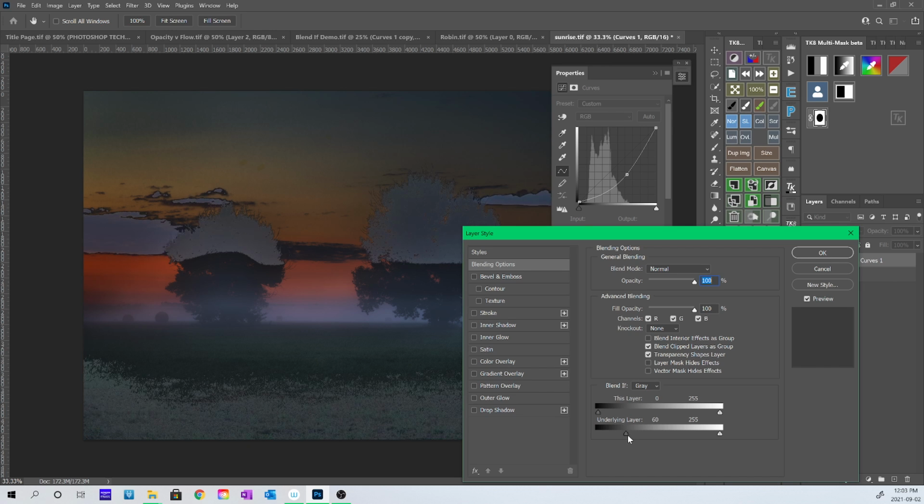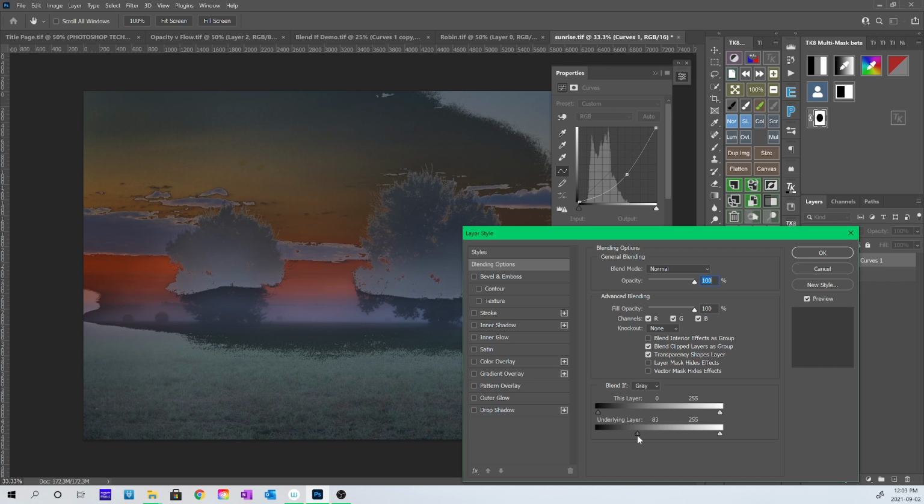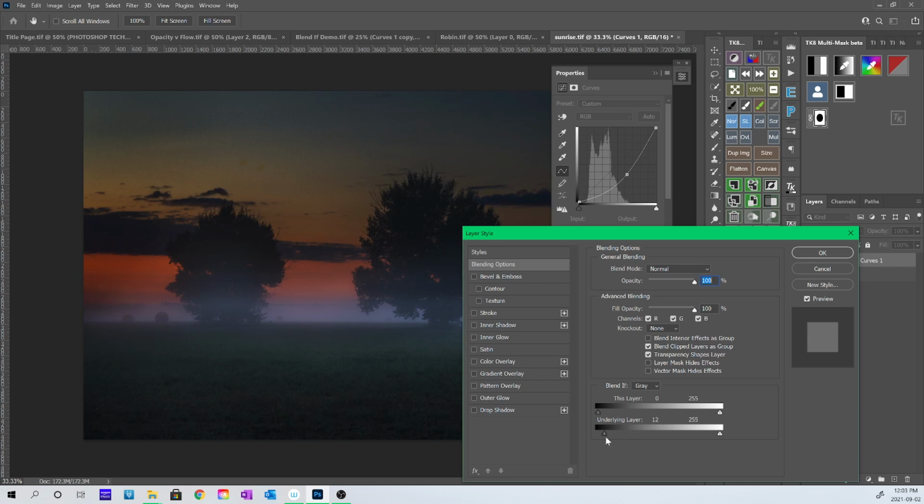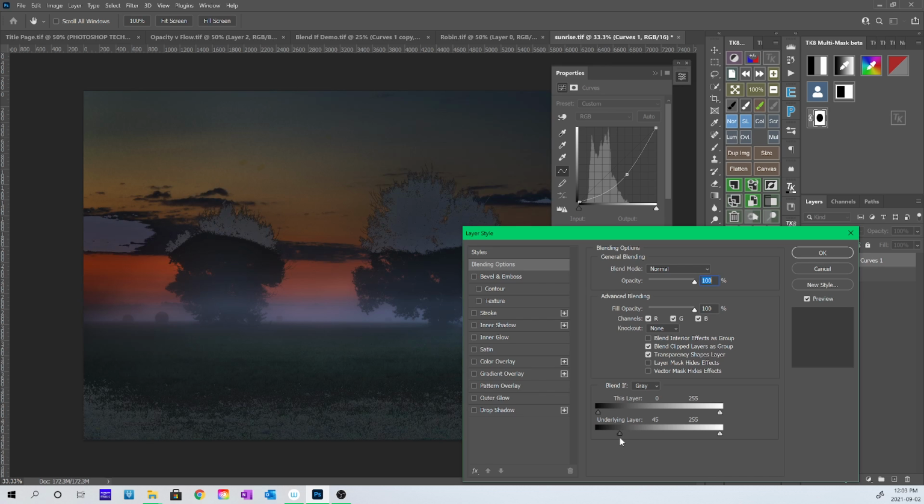The more I slide it, the more of the darker part of the image is affected. So if I move that slider to the point where just the darkest parts of the image are starting to look a little strange,